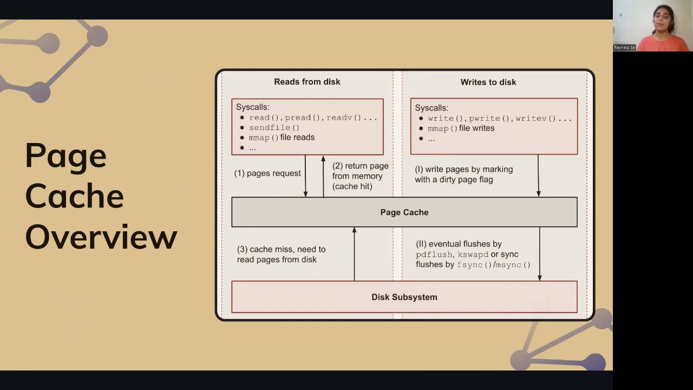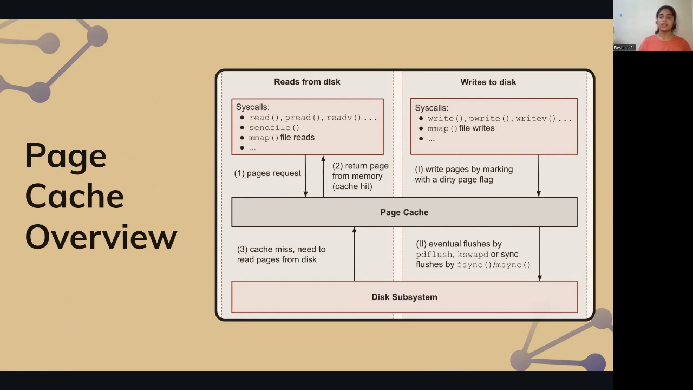Now, when the user program again requests for a data file, the kernel first checks if the data is already present in the page cache. If it is present, we call it a cache hit, and the data is immediately returned to the user program from the page cache. If the data is not present in the page cache, then we call it a cache miss, which means we'll have to go to the disk and read the data from the disk. We store that data into page cache for future use,